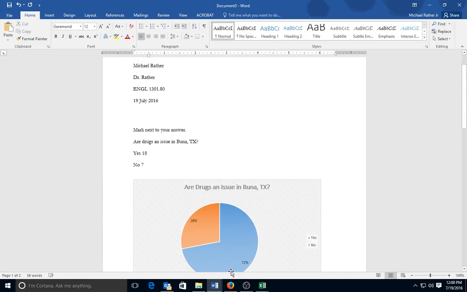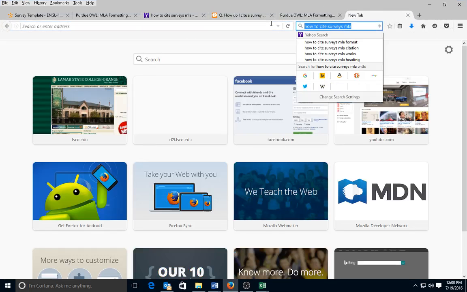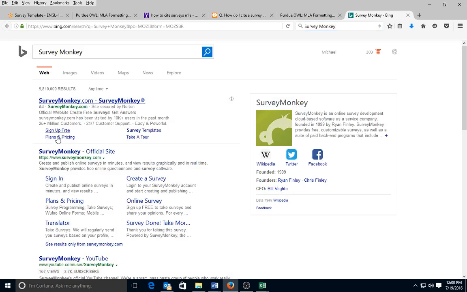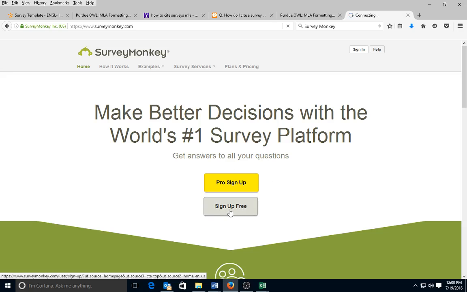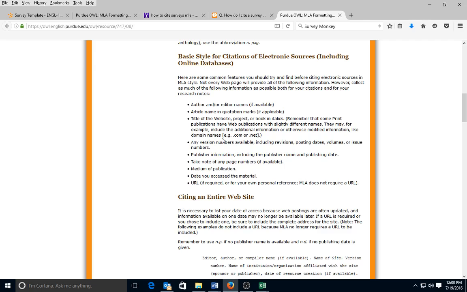You can also use the software called SurveyMonkey, where it creates surveys for you, and you would have to sign up for free, and you'd enter all that information, and then it will walk you through the process. But just going through Excel like I showed you is probably the easiest thing to do.